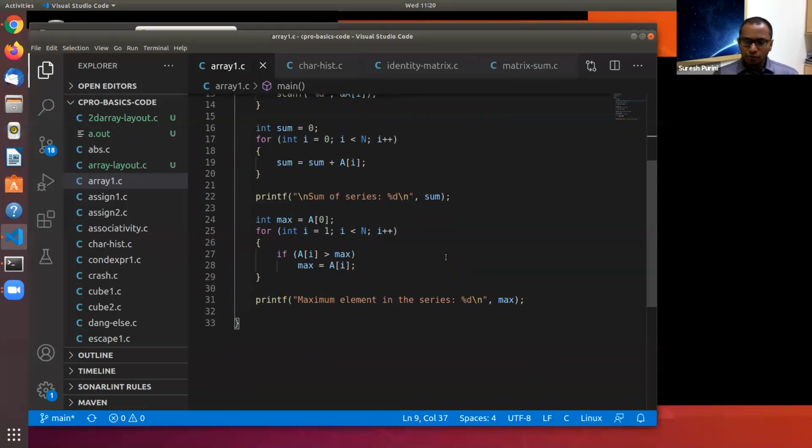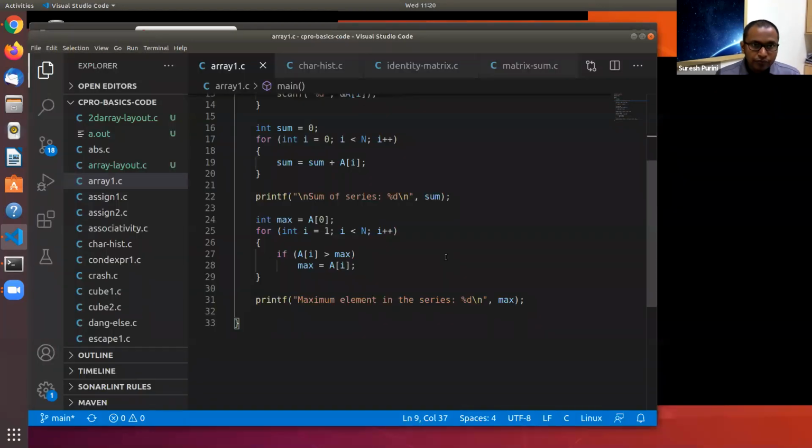Before we enter the for loop, the current estimate of the max is A of 0, and after we see each element, we keep improving our estimate. There is this question: can this be done using just one loop? Yes, it is definitely possible to do it using just one loop. So now let's run this program.